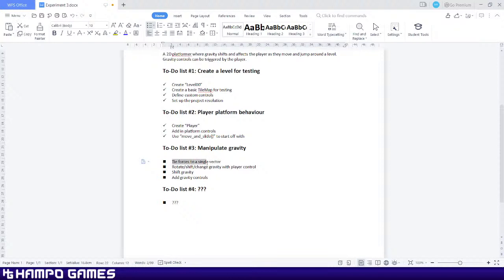Once we get this part here, tying forces to a single vector, that'll be the tricky one. We get that sorted, so we can move left and right, but we're referencing one vector. So instead of just going update X along one axis like left to right as we have at the moment, it'll be